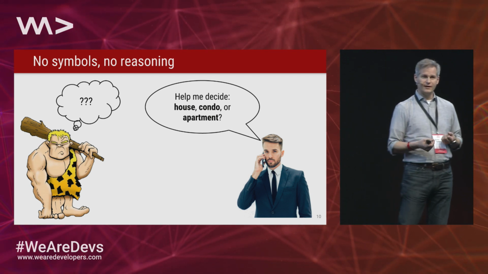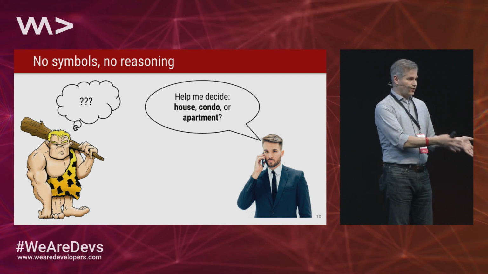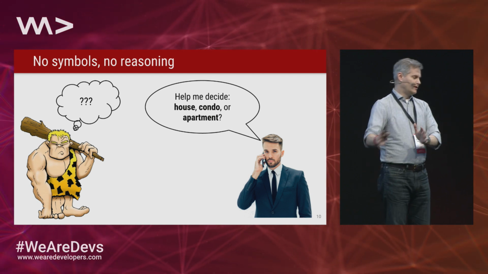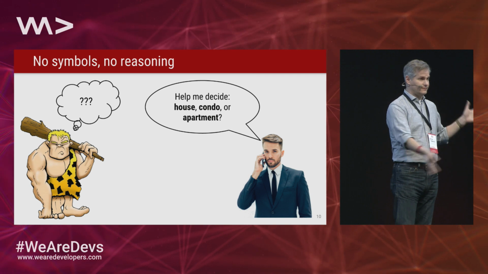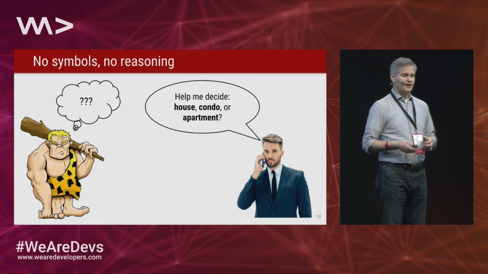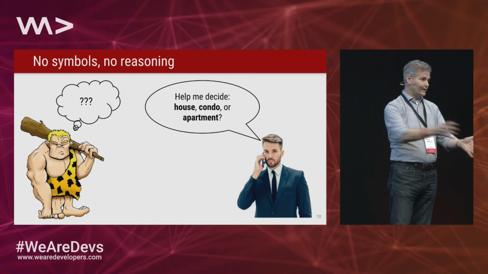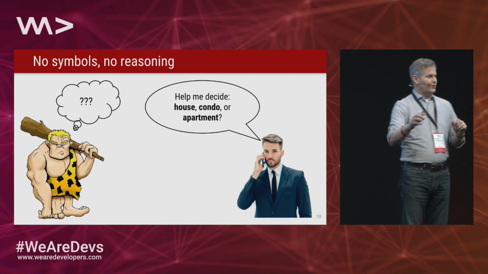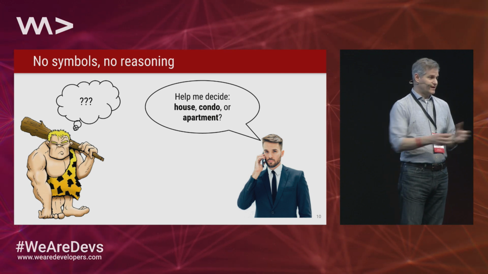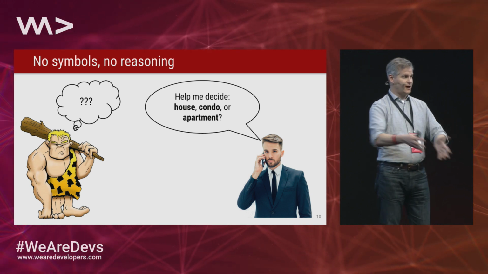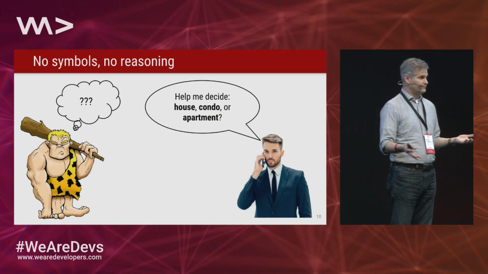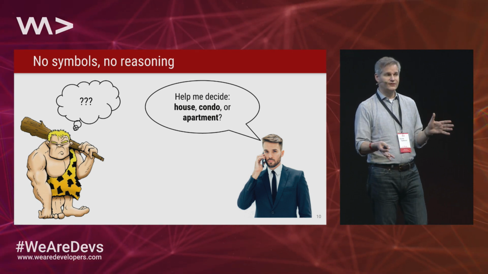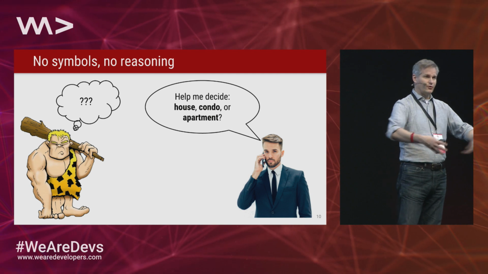I'm trying to decide where I'm going to live. The caveman only has one concept. Caves is about where you can live. Whereas the other guy, he's got this rich model of the world. He's taken all the phenomena of the world and categorized it. Now imagine that we brought the caveman to today. He could see houses, he could see condominiums, and he could see apartments. He's physically able to see those things, but if his mental model doesn't include them, he can't operate on them,